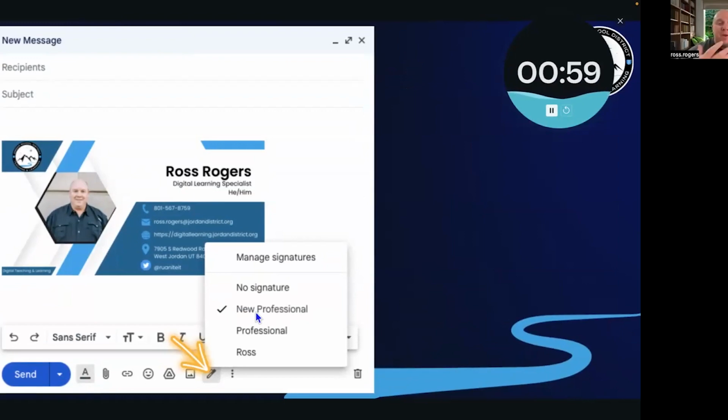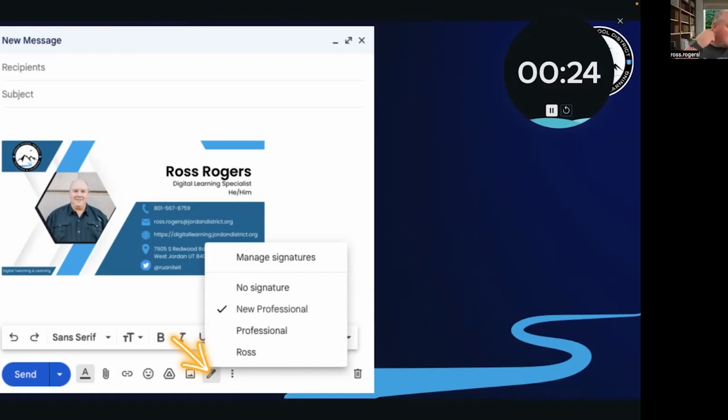If you are typing an email, you'll see I have my professional signature. If you click the little teeny pencil down here, you can change it and say, oh, I don't want my professional one because maybe I'm the advisor of a club at school, or the drama club advisor, or the volleyball coach, and I have a signature set up that says I'm the coach or the volleyball person. I can change it to the volleyball signature, and then that would send it out.